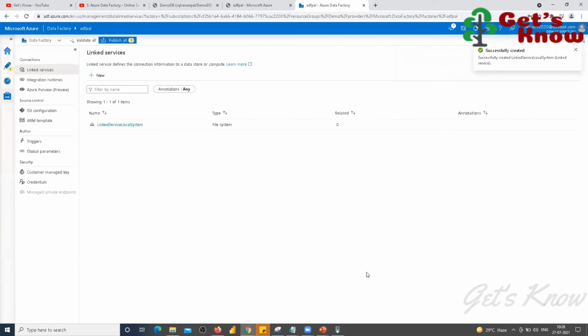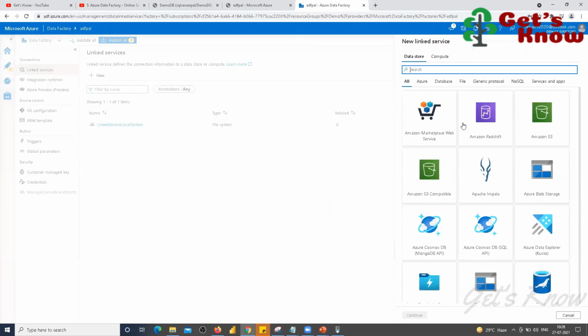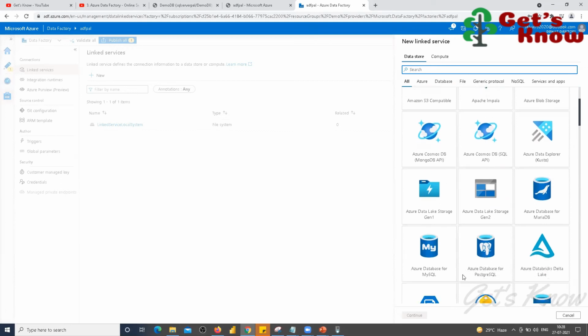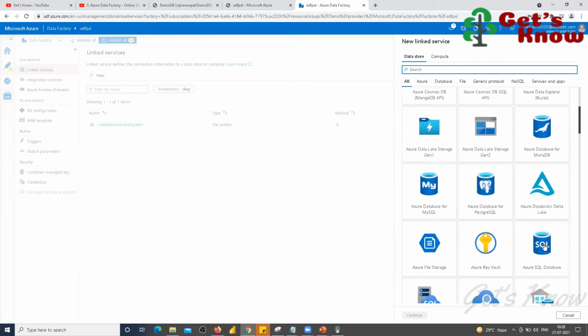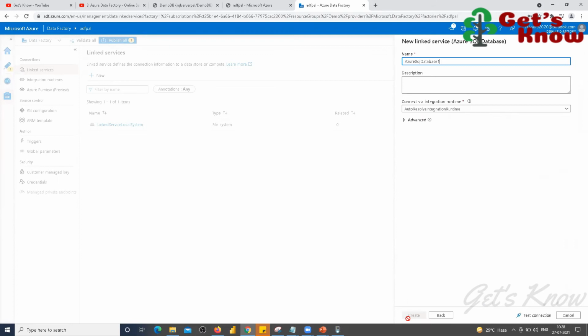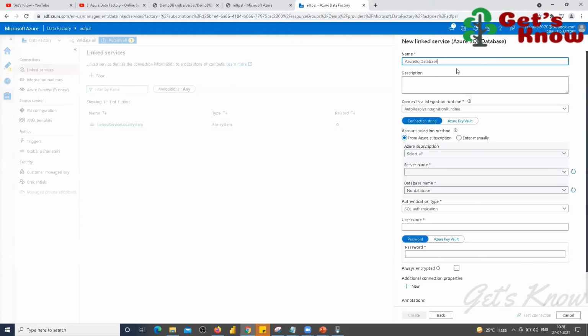Now I'm going to create one more linked service, the cloud one. So this is for Azure SQL database, right? Yes, yes. So Azure SQL database, then click continue.